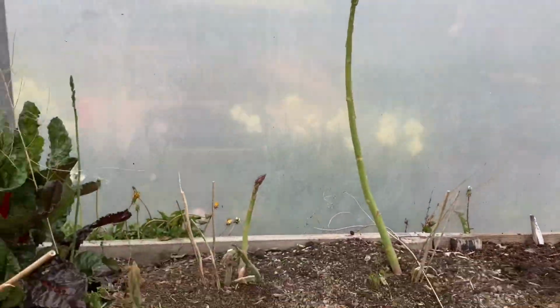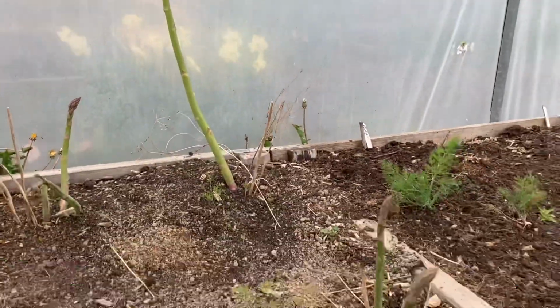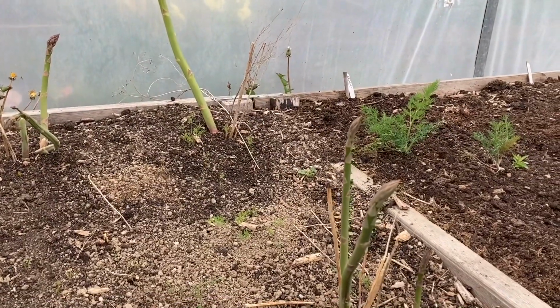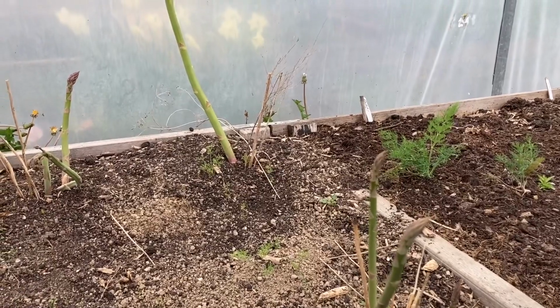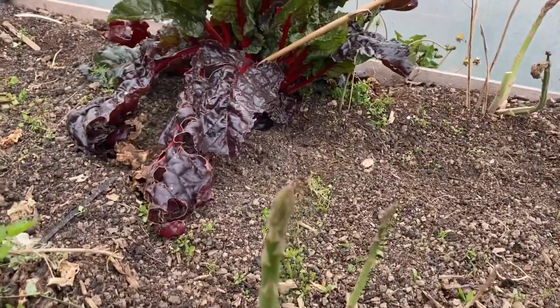I have picked one or two spears and they were delicious. I'm just surprised they came so early. Just shows what a bit of protection can do to speed things along. Moving on,